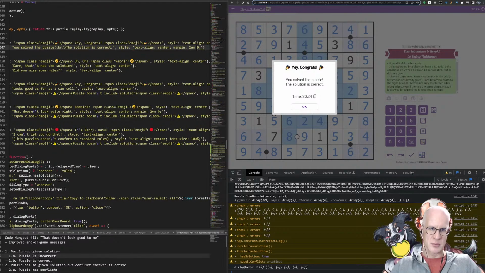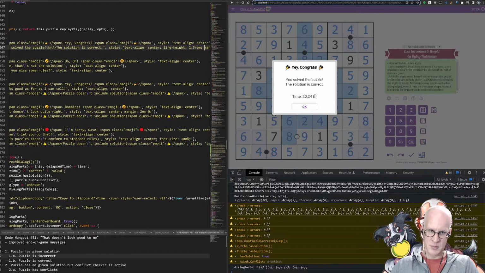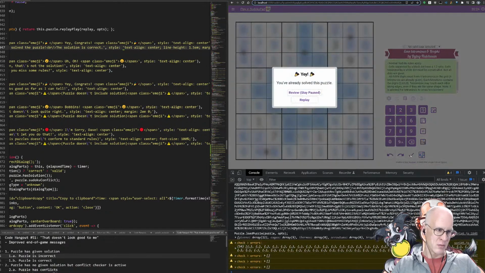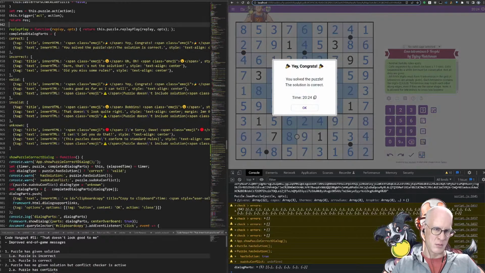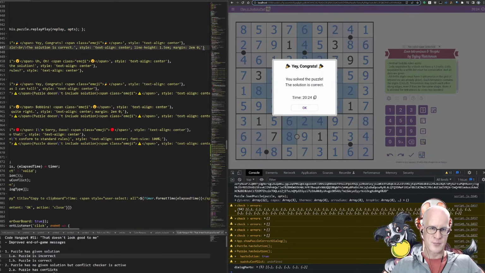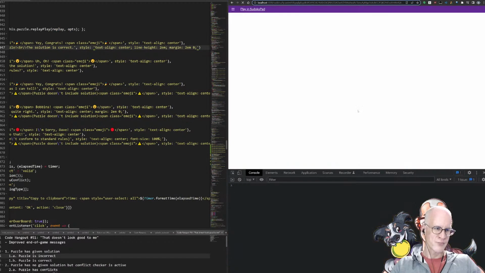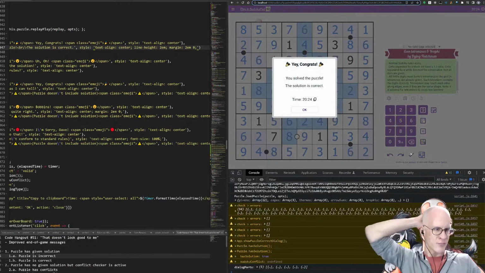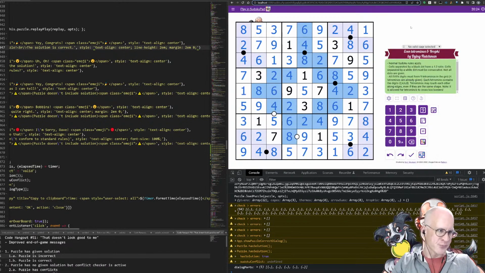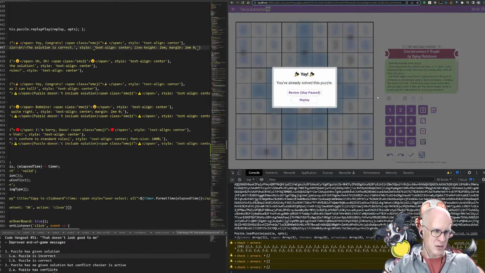And here we're gonna do text-align center and line height 1.5, 1.5 em, I guess. That's enough. Yeah, that's better. Do we need to change this dialogue?